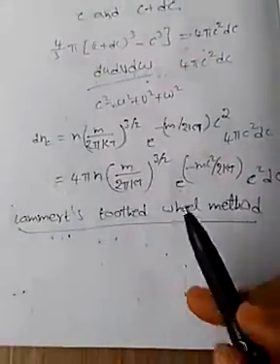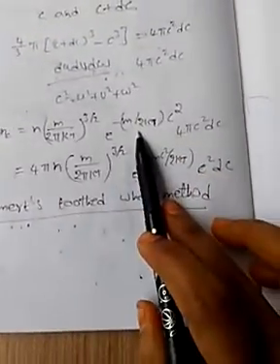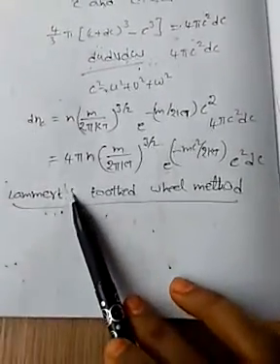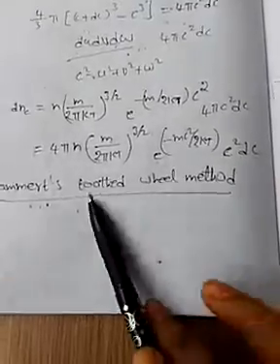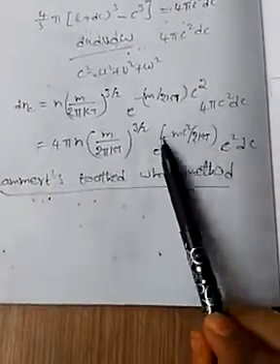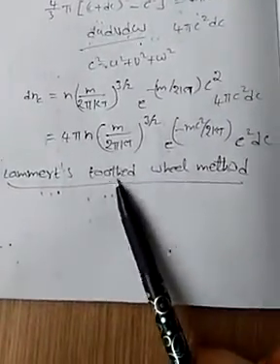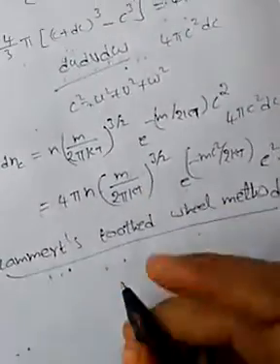Next, coming to the experimental verification of this Maxwell's law of distribution of molecular speed, that is Lamert's toothed wheel method. By this method, we can experimentally verify Maxwell's law of distribution of molecular speed. In this toothed wheel experiment,